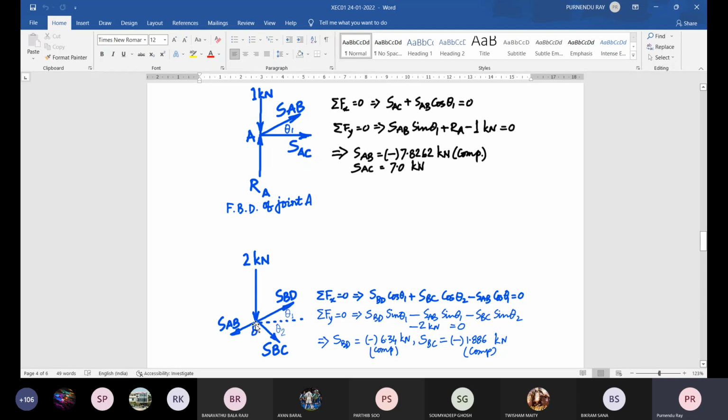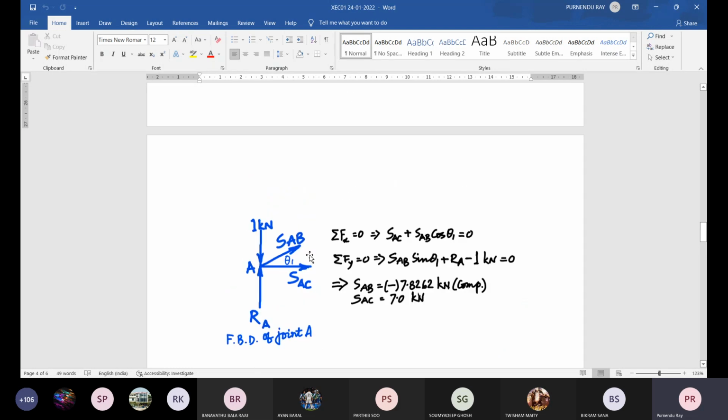The actual direction will be opposite to the assumed direction, that means it is acting towards the joint. But this negative sign is sufficient to understand that this is compressive. In the diagram, obviously we are working with a pencil diagram. At the end of the solution, you must not erase this arrow and put any fresh arrow towards the joint. Please never do that. You keep all these assumed directions intact, and this answer will tell you which nature of member force is there. Similarly, calculate from these two equations: minus 1.886 kilonewton.